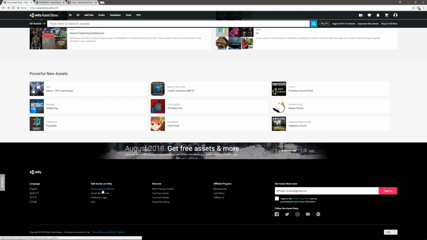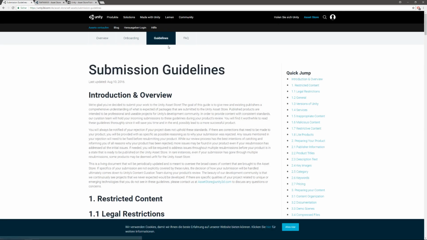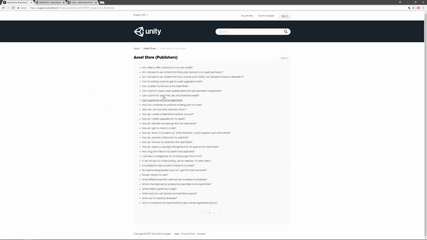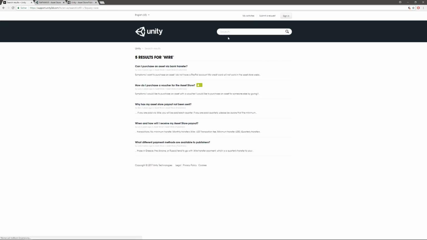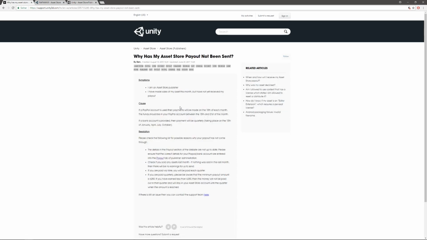If you need more information, go to Asset Store, Submission Guideline, and the FAQ. You write here in wire, click enter. Why has my Asset Store payout not been sent? And here you can read all the information that is important for you. For the PayPal account, they pay it out monthly on the 15th. If you have set the bank account transfer, they pay it out in January, April, July, and October.